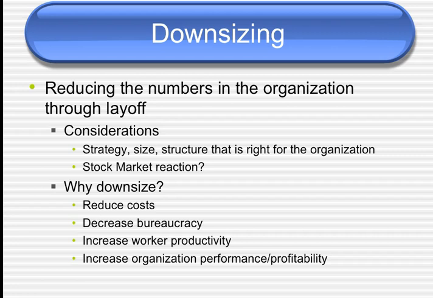So our goal is to start with a good strategy. Does the strategy dictate that the company should be smaller and more efficient and more effective in the way that they do things? And when there's a strategic plan behind some of the problems that the company is facing, particularly in an economic downturn, then the stock market really likes that. Not only will the stock prices rise, but they'll continue to rise for a while, and they'll stay at an elevated level because the company is showing that it has some forethought and some foresight about how to keep themselves